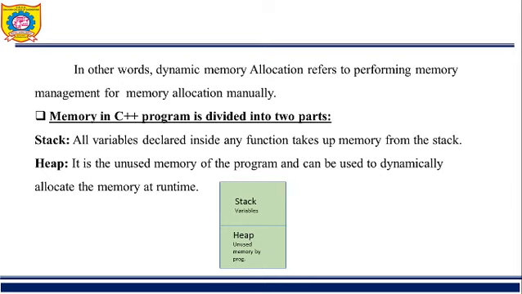Unused memory means in the program you have declared some variables, and depending on the type of those variables, memory gets allocated, but in the program you have not actually used those variables, so it is unused space. All that unused space gets collected in the heap, and that heap is used for creating memory space at runtime. It means the heap is used for allocating memory space at runtime, that is, for dynamic memory management.